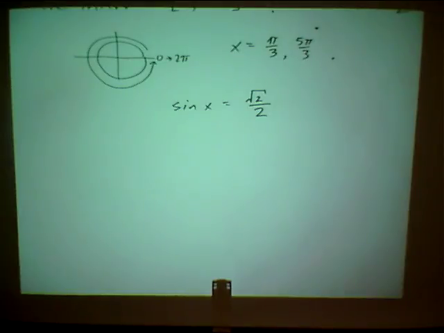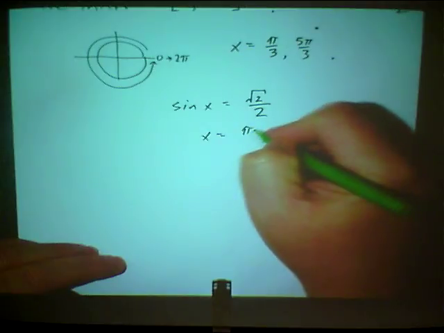Now the first thing I notice is the sign is positive, so I know I'm going to have to be in the first and second quadrant. In the third and fourth quadrant, the signs are always negative. So I think of the first and second quadrant, and then I have to remember that